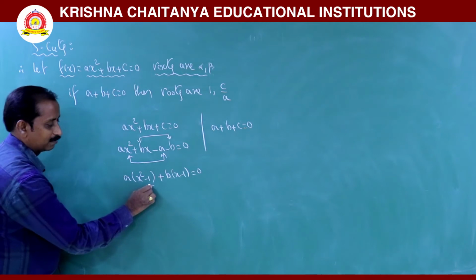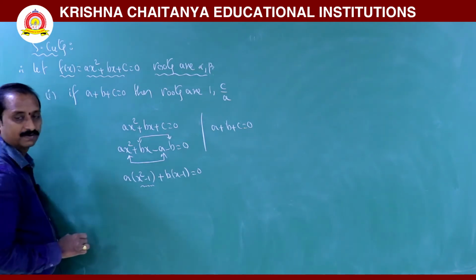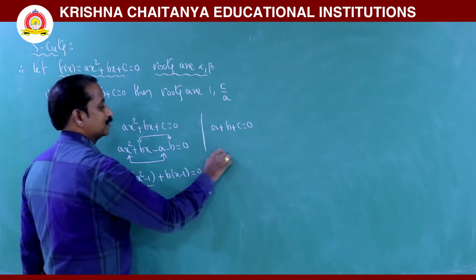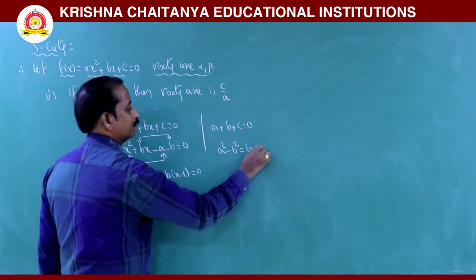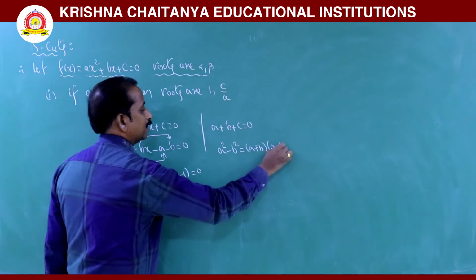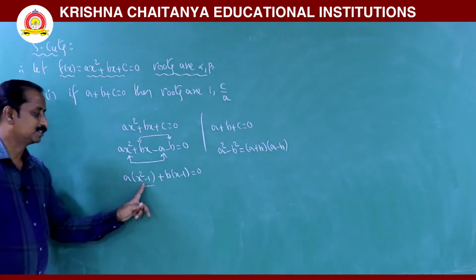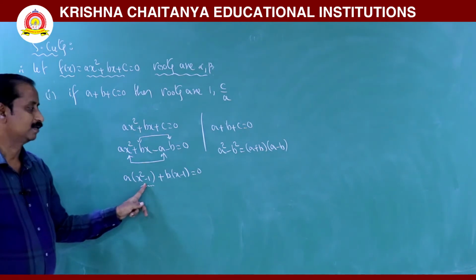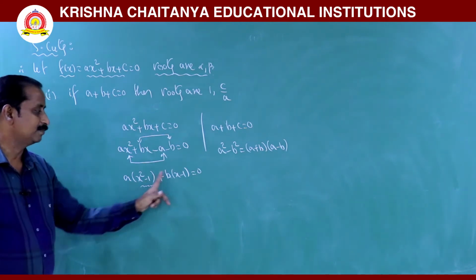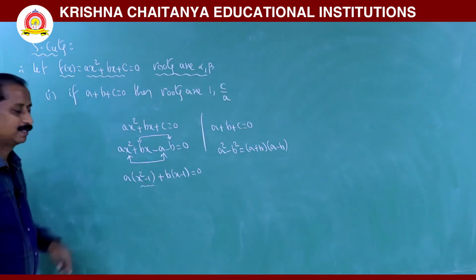Now it is in the form a square minus b square. The formula for a square minus b square is nothing but a plus b into a minus b. So therefore I can write, instead of x square minus 1, x minus 1 into x plus 1, and then in between them x minus 1 is our common term.